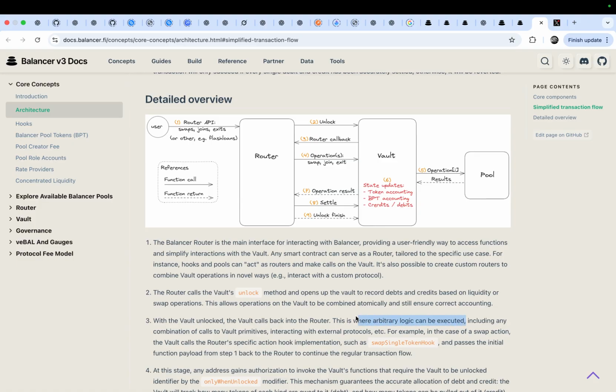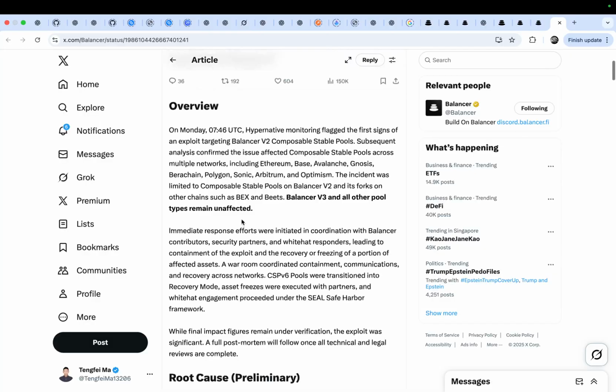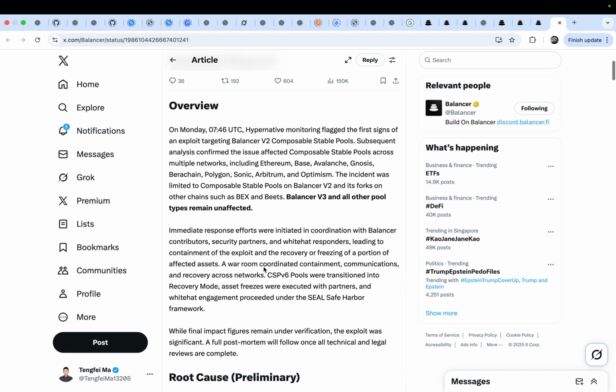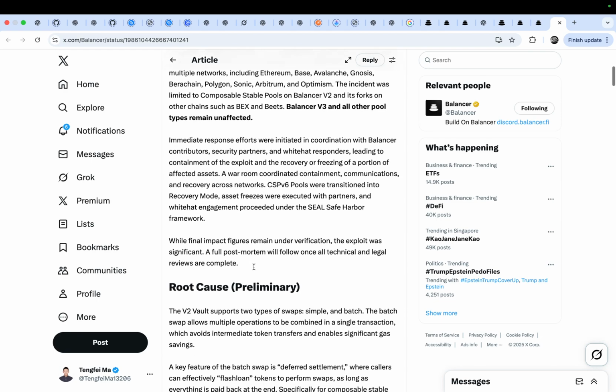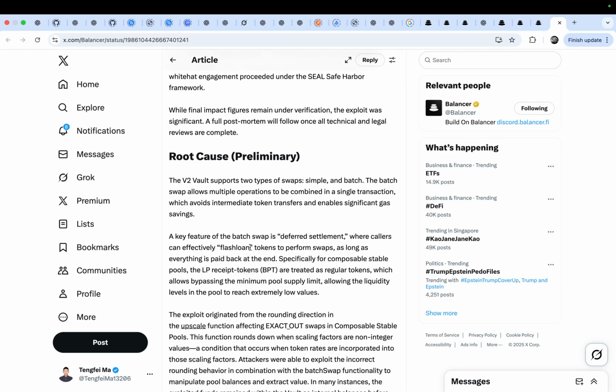This is the root cause for the instance. The arbitrary operations include the flash loan. You will find it, let me find the words. Okay, flash loan. Yes.